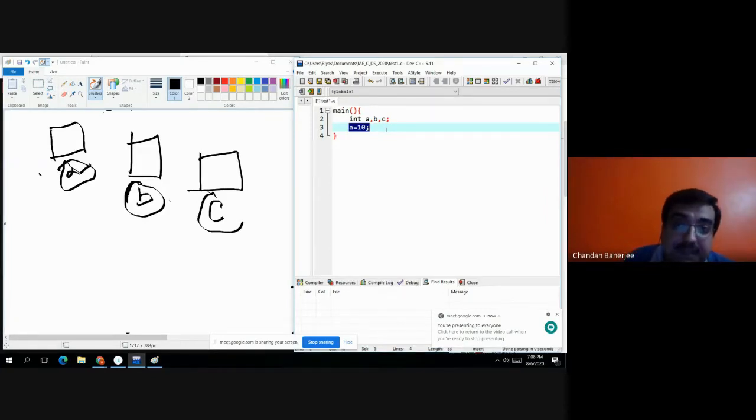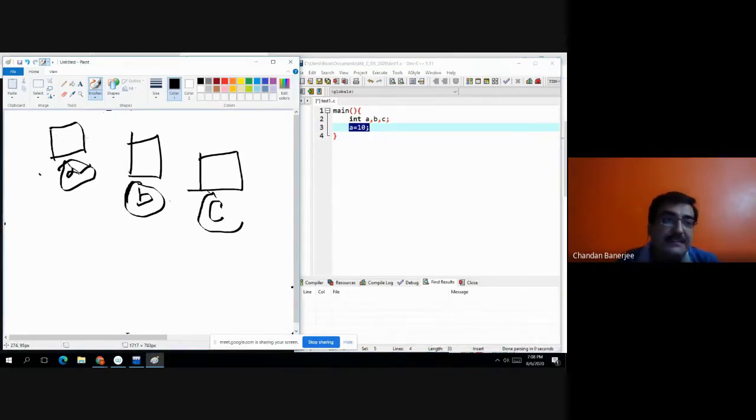In any computer science programming language, if there is an equals sign, it means the right hand side value will be assigned to the left hand side. So 10 will be assigned to a. Within a we have 10. I repeat, in any programming language, the right hand side value is assigned to the left hand side.